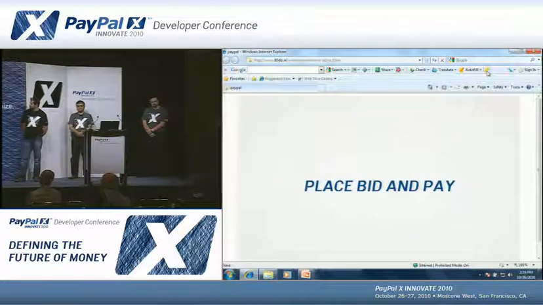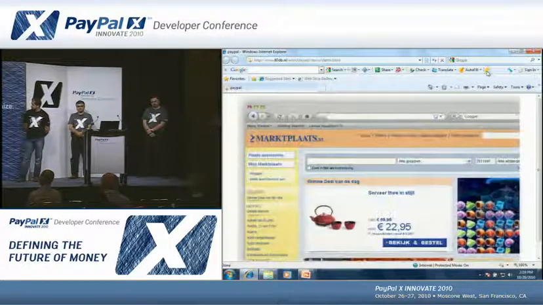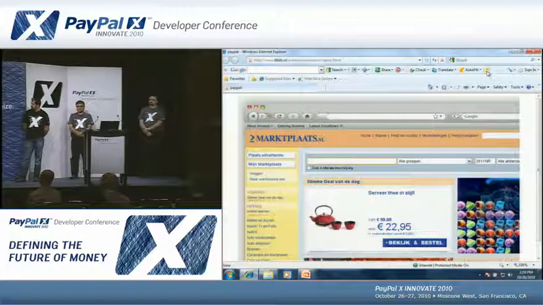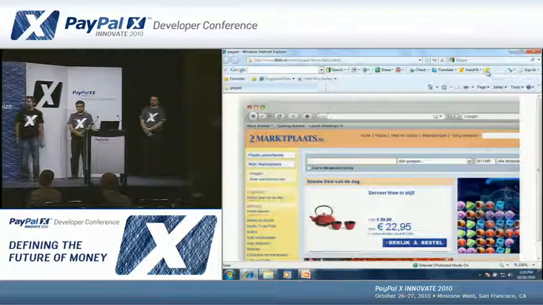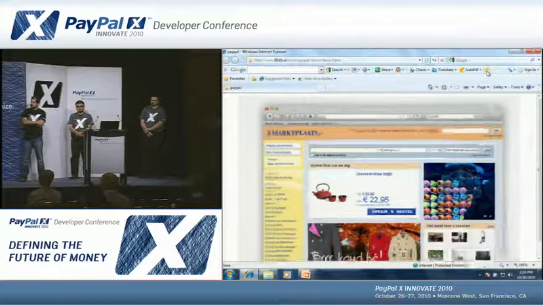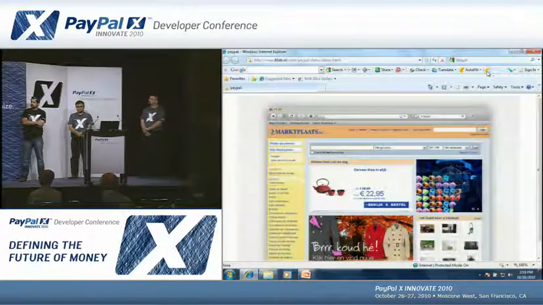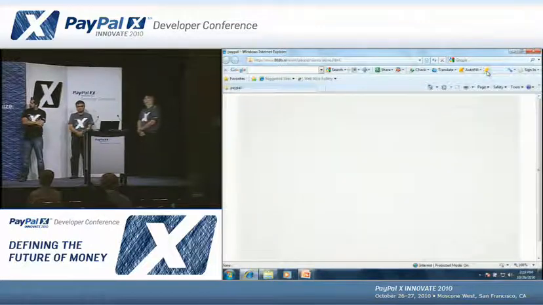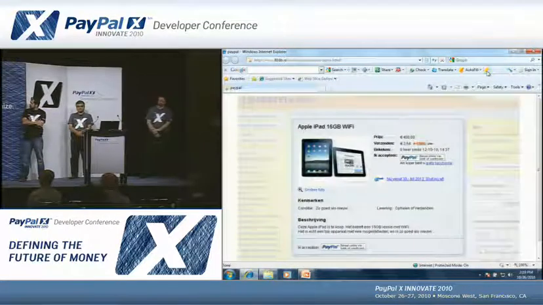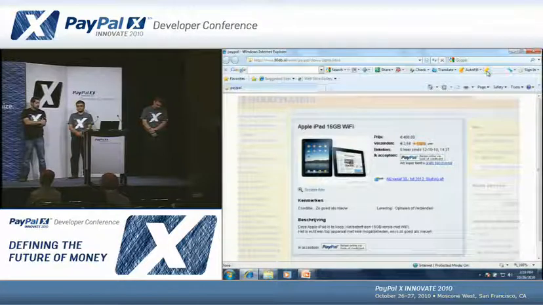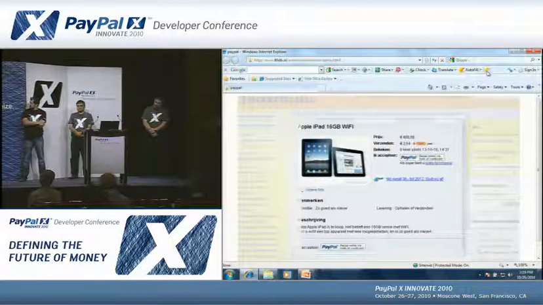Place, bid, and pay. Marktplaats offers their users a fully integrated PayPal checkout flow for easy and safe transaction between buyers and sellers. At this moment, approximately 40,000 users are browsing for products on Marktplaats. To show interest in a specific product, the buyer can either contact the seller or place a bid. So let's place a bid for this iPad.